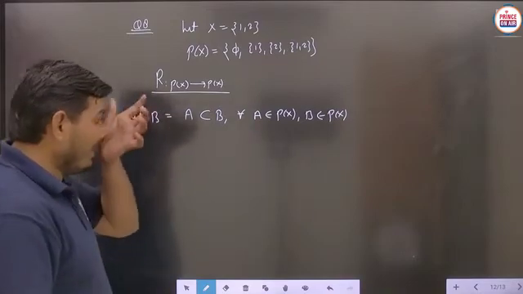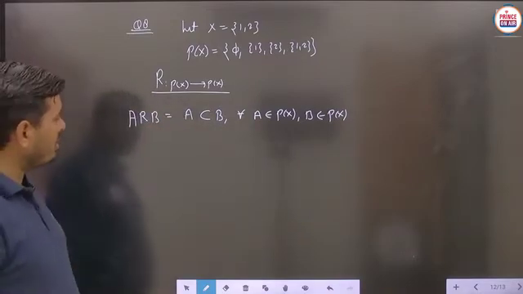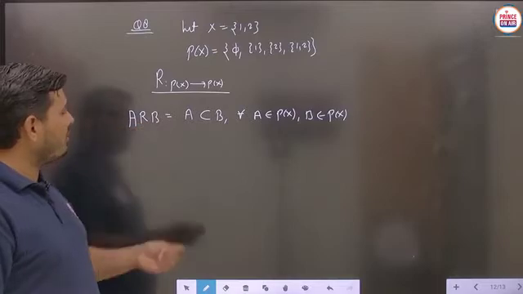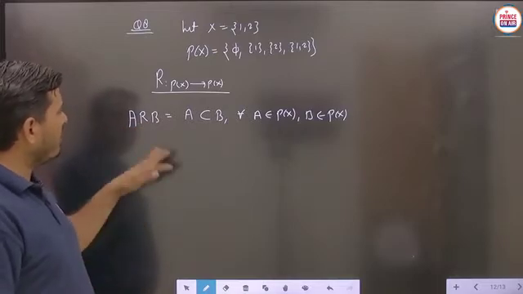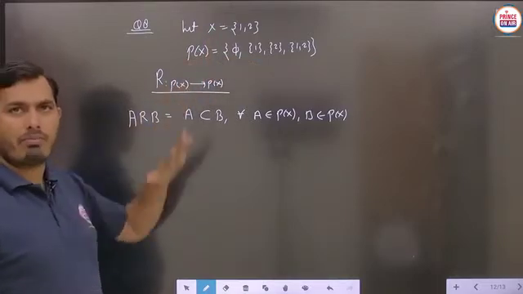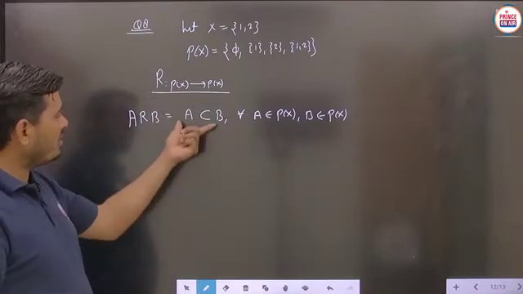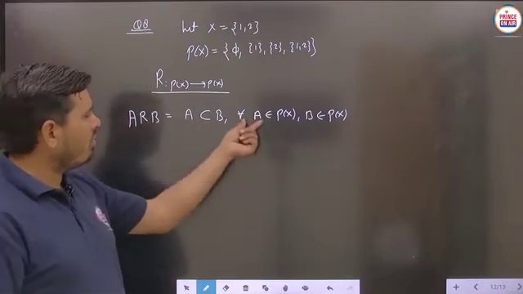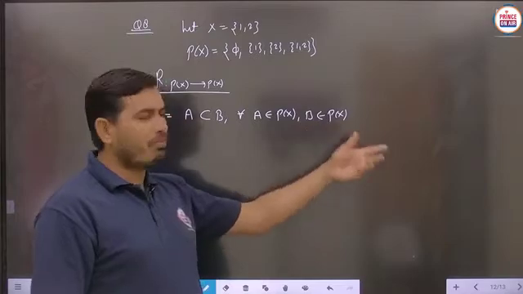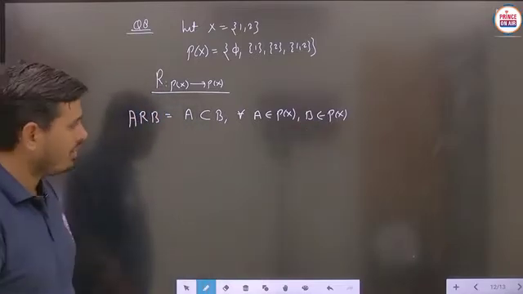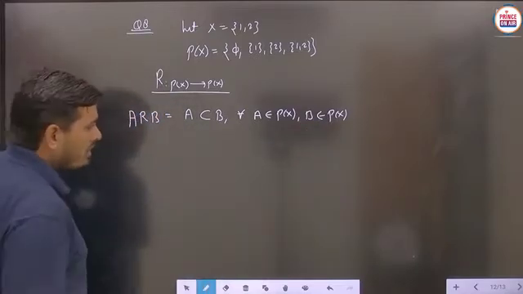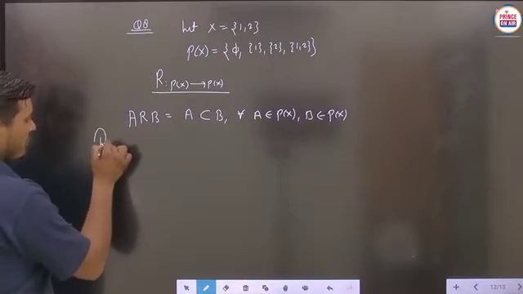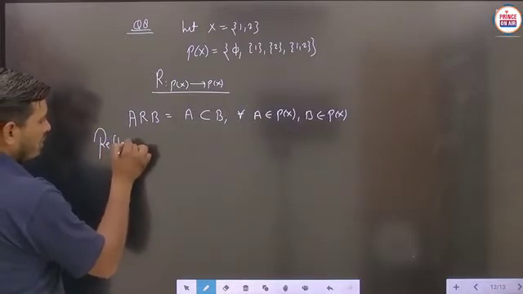So basically, students, in this question the relation (A, B) means we are taking two elements, and the elements are taken from the power set, and the relation is A is a subset of B, for all A belonging to P(X) and B belonging to P(X). Now for the equivalence case, we have to check reflexive first of all.